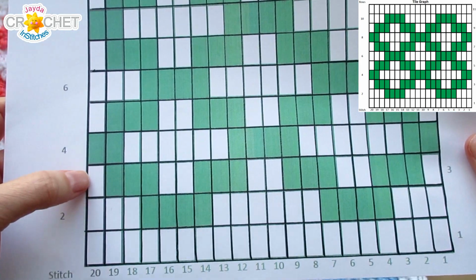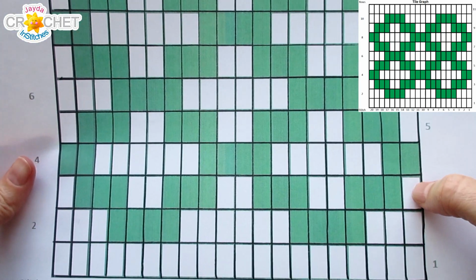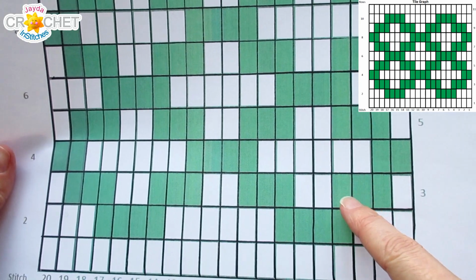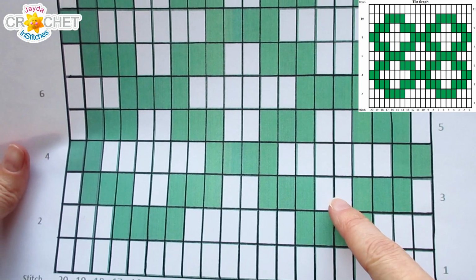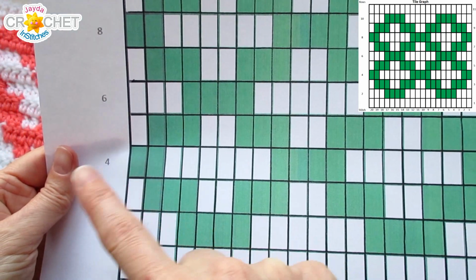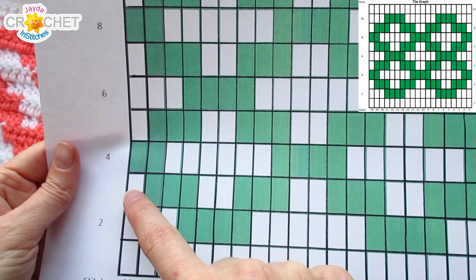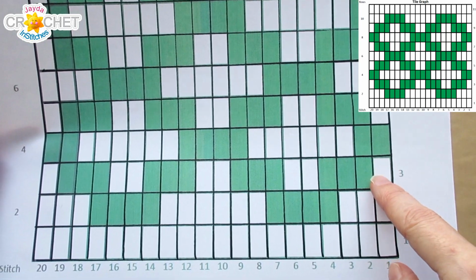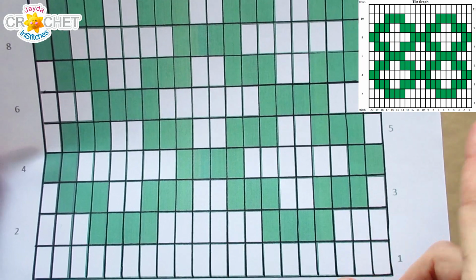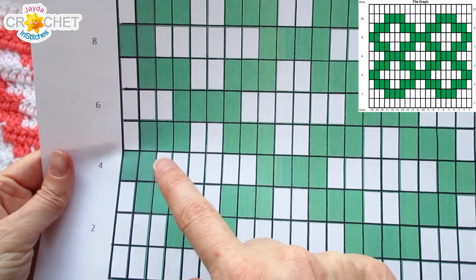Row 3. For the lefties, you're over here. This was your chain 2. For righties, you're over here. This is your chain 2. We start with that chain 2. It's white. We immediately transition to B. So we're going to go 3B, 2A, 3B, 2A, 3B, 2A, 3B, 2A, across, across, across. 1, 3, 2, 3, 2, 3, 2, 3, 1. Repeat, or you start with a double crochet in A, in this case a chain 2. You'll finish with a double crochet in A, but the repeat is 3B, 2A, 3B, 2A, 3B, 2A, 3B, 2A,